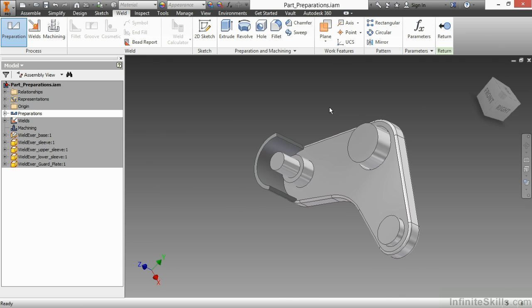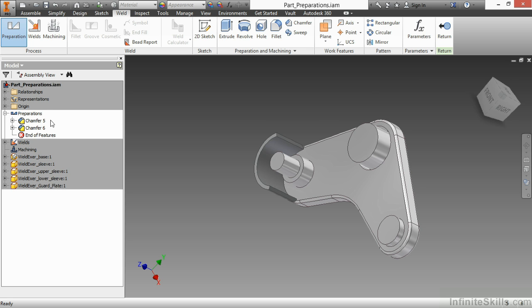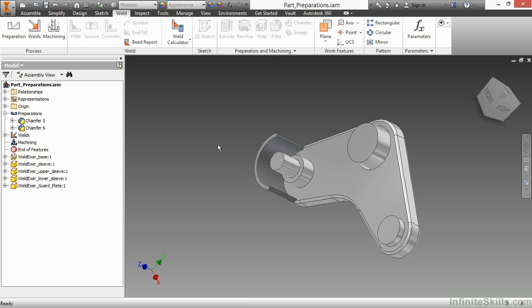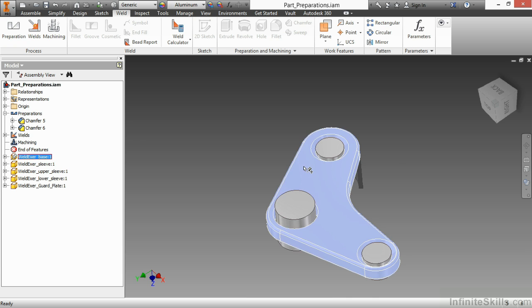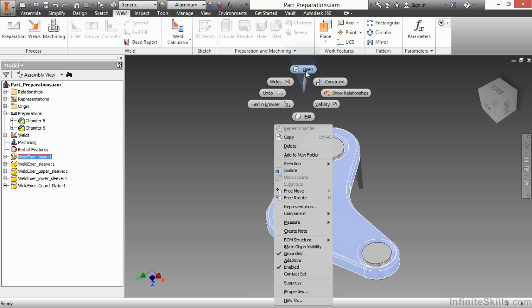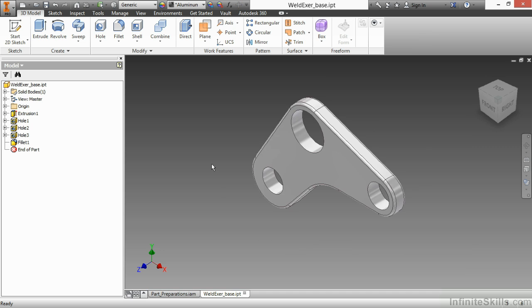Now, just to recap about where the preparations reside, I'm going to expand the plus sign on my model browser on the left-hand side of the screen, and here we will see 2 chamfers created here at this level. To get back up to the traditional assembly environment, the main environment of this file, I'll simply right-click and choose Finish Edit. If I select the base component here, right-click and choose Open, this will open that file explicitly, and